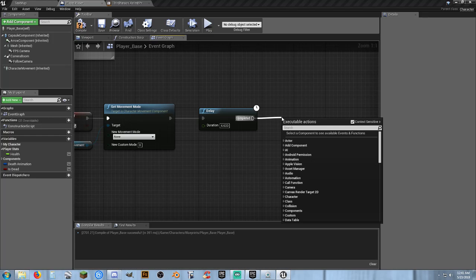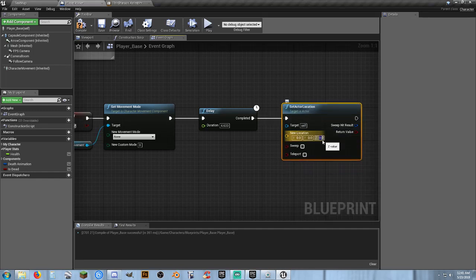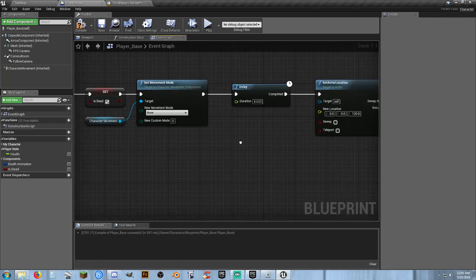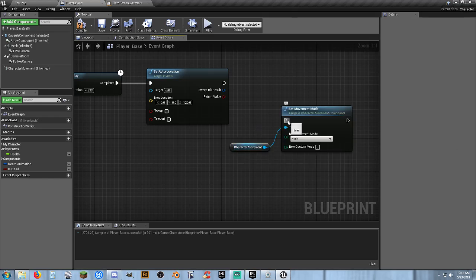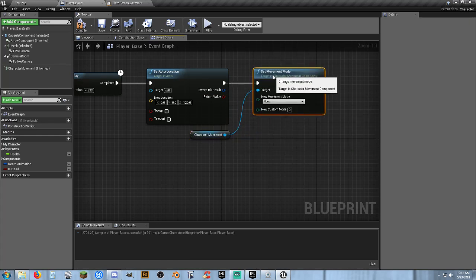And let's set extra location 120. This is definitely not my normal method of doing this. And you can actually do this again. Set it back to walking. But what's happening here, though, is